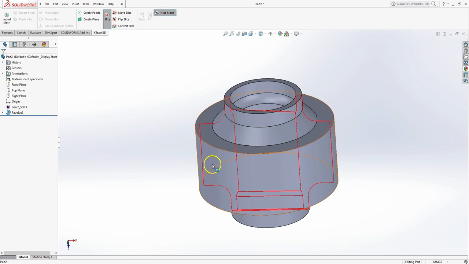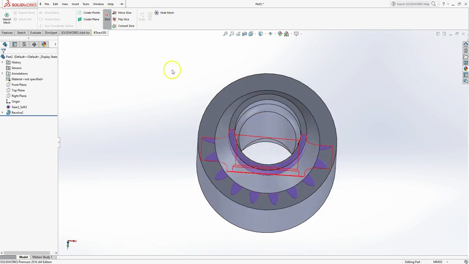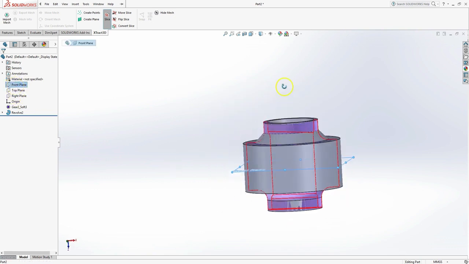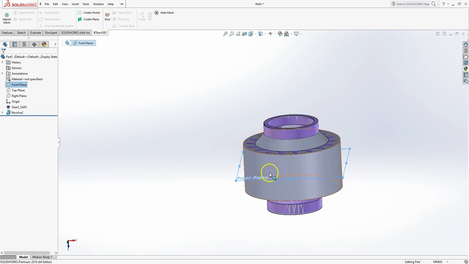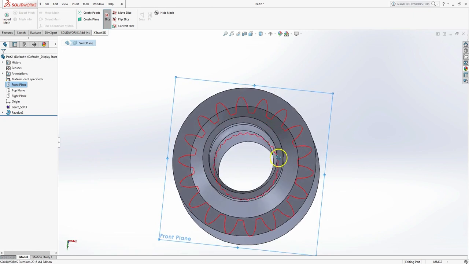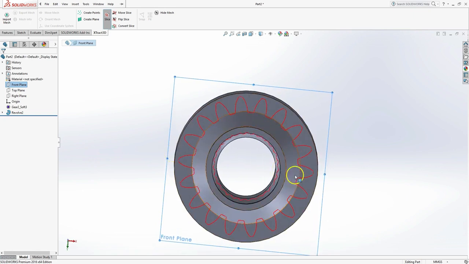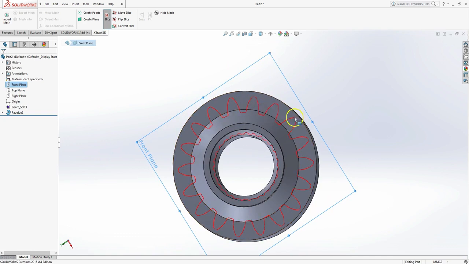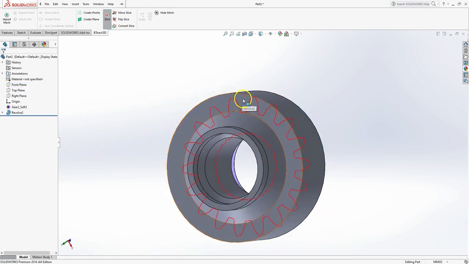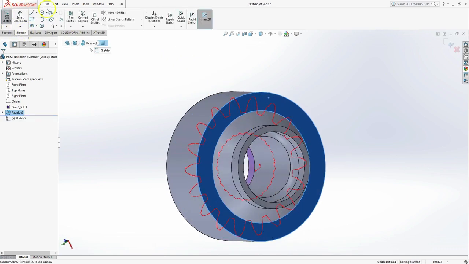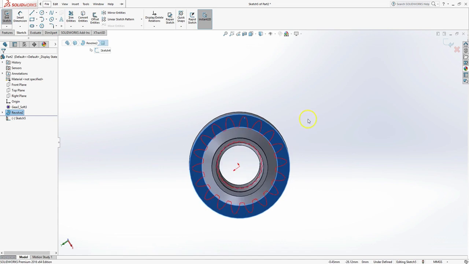And the next thing is we're going to start working on the sprocket, the teeth itself. So let me put that mesh back on, and I'm going to do another slice. And this time I'm going to go right through the center of the part, just like that, and pick that plane and hit the slice button. And so here I've now switched to the center axis, or the center plane. We've got another slice, and we're going to start working on the exterior of the teeth. And to do that, I use this as a sketch plane, hit the sketch function, and here we go.